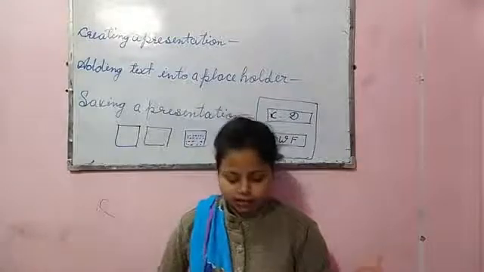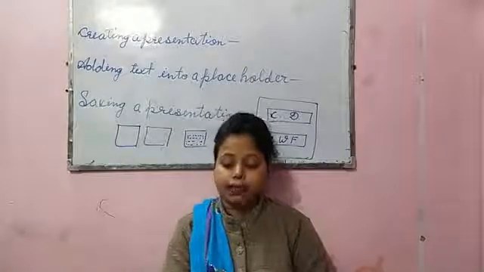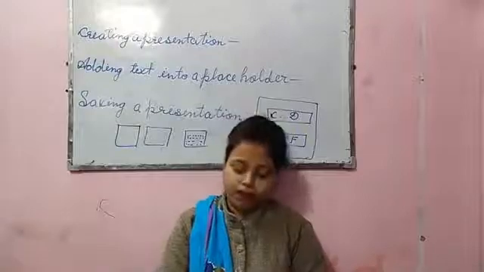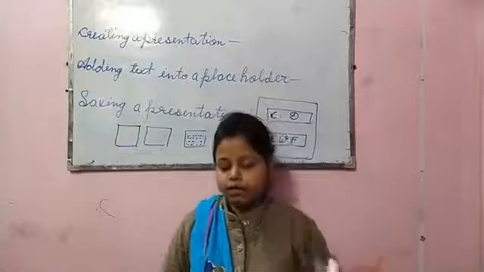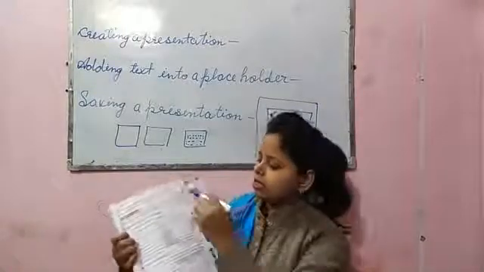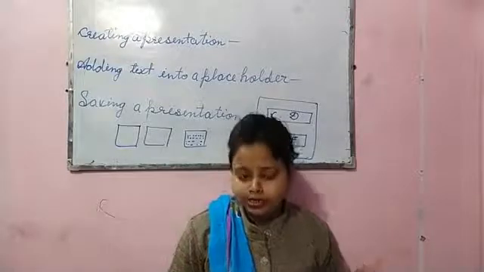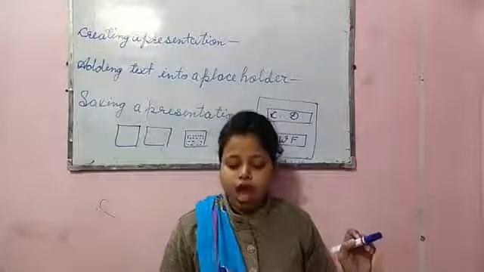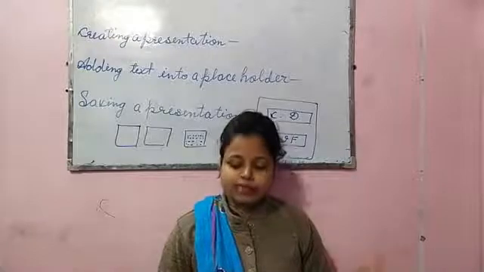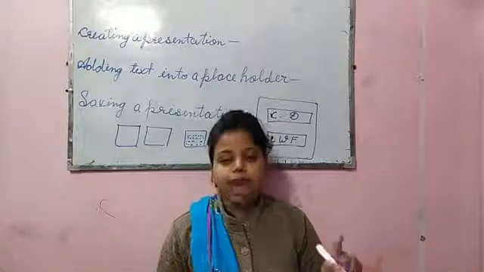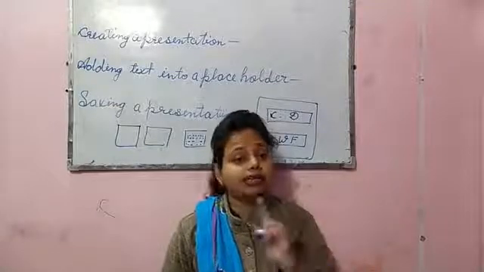So students, as we have done, I told you about the slide pane, outline tab and notes pane, then we did the new presentation and adding the text. Afterwards, I am going to tell you one thing. Here on the right side are three boxes. First, I am going to read: placeholders are the dotted or hashed marked borders that are part of most slide layouts. These boxes can contain title and body text or objects such as charts, tables, pictures, etc.